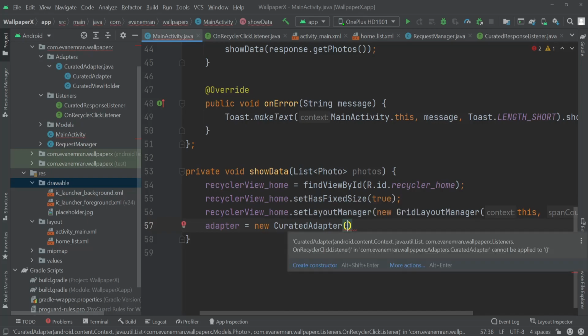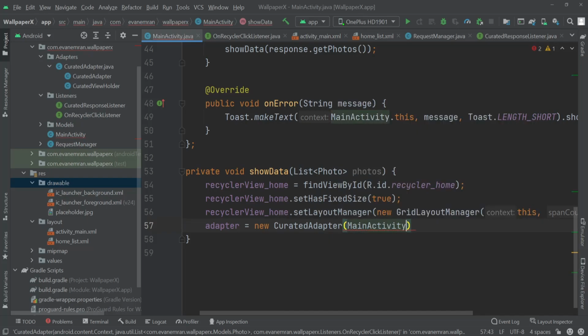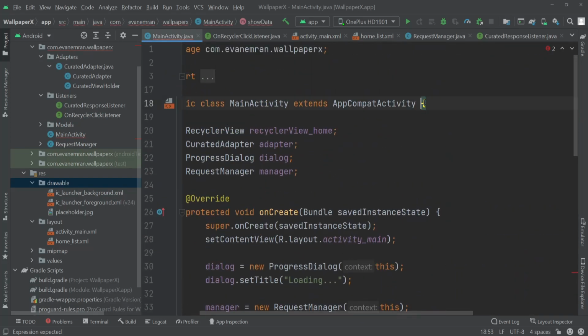At first I'll pass the context, which is MainActivity.this, and then for the list of photo we'll get that from the parameter of this method, which is photos. So I'll pass photos, and the third parameter is the listener for this OnRecyclerClickListener. We can do this by writing here